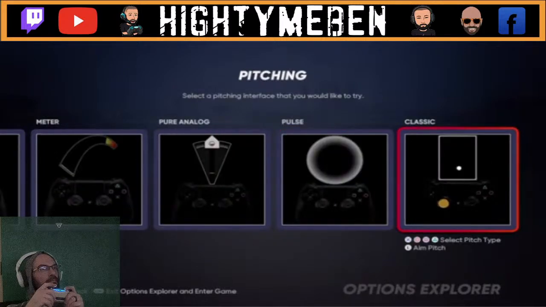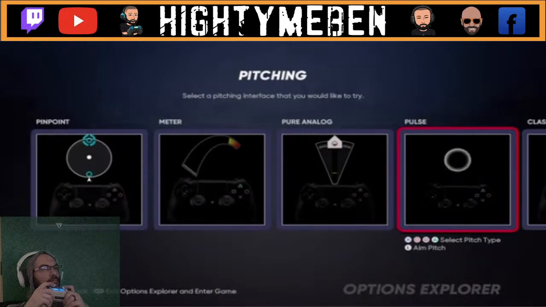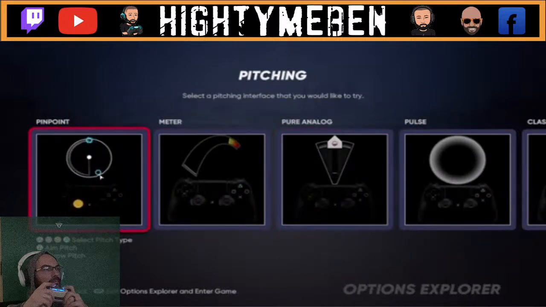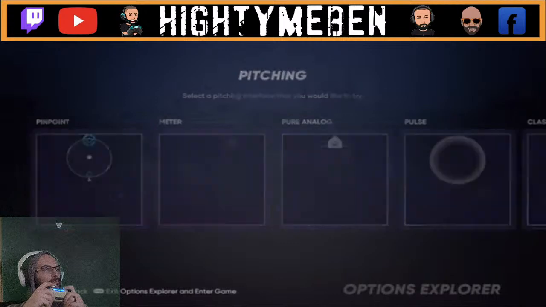To use classic pitching, select a pitch type and location. To use pulse pitching, select a pitch type and location, then press X when the pulse is at its smallest size. To use pinpoint pitching, select a pitch type and location. Then use the right stick and begin the unique gesture motion at the top of the screen,